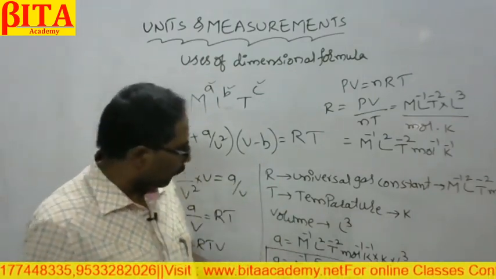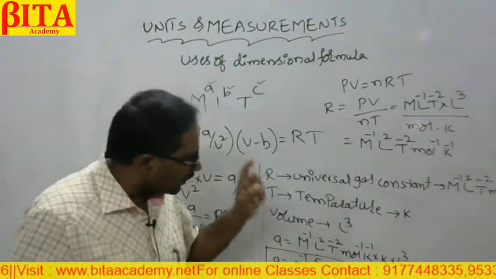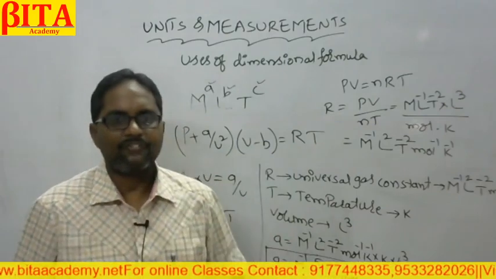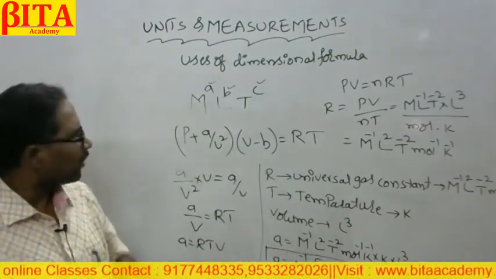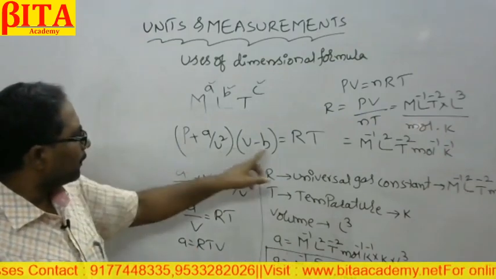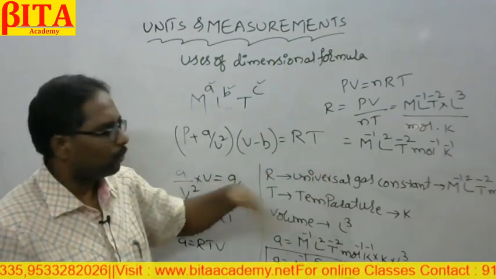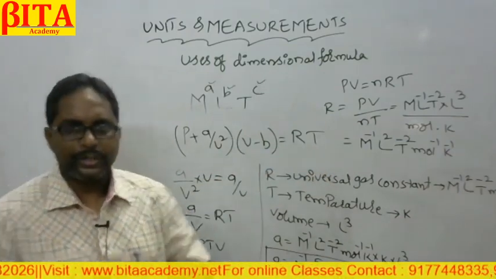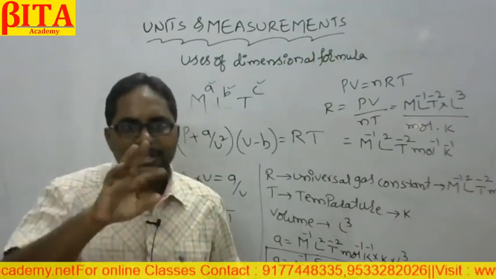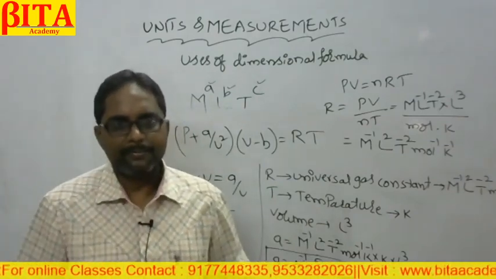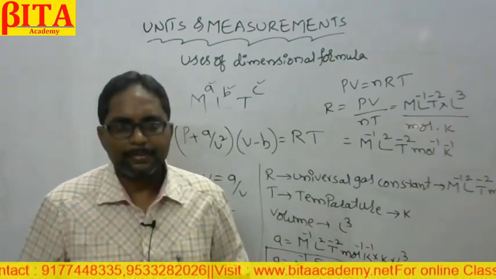Now, as you found the dimensional formula of A, definitely like this only we can find the dimensional formula of B also. To get the dimensional formula of B, let us multiply B with P. Pressure into B is equal to R into T. Again, why do we have to equate? According to the principle of homogeneity, both sides must have the same dimensional formula. So after equating that, you can get the dimensional formula of B.